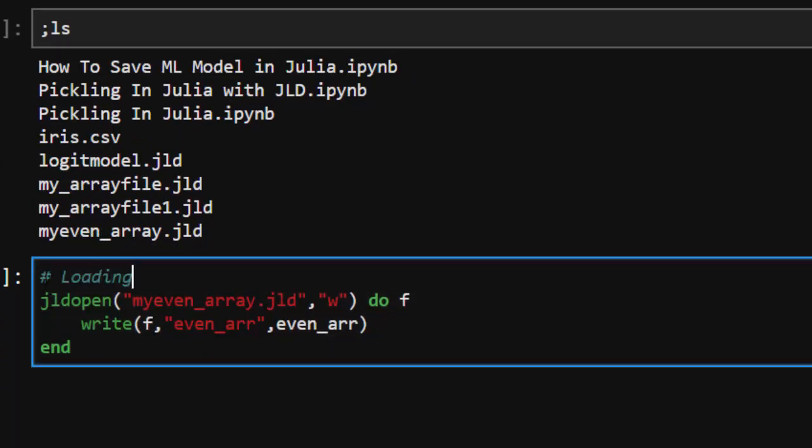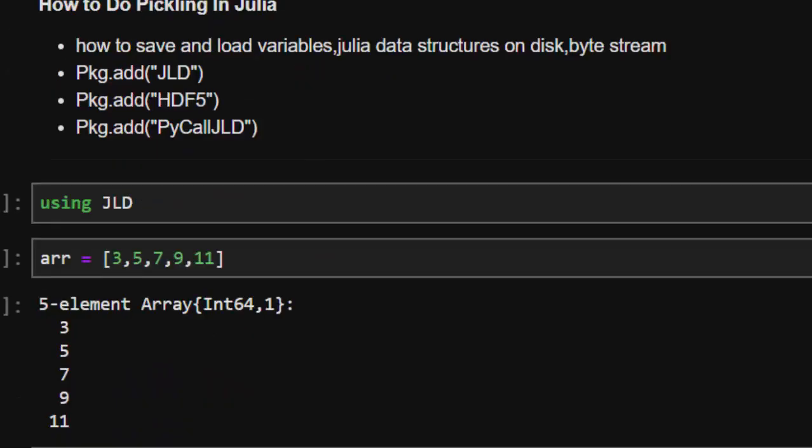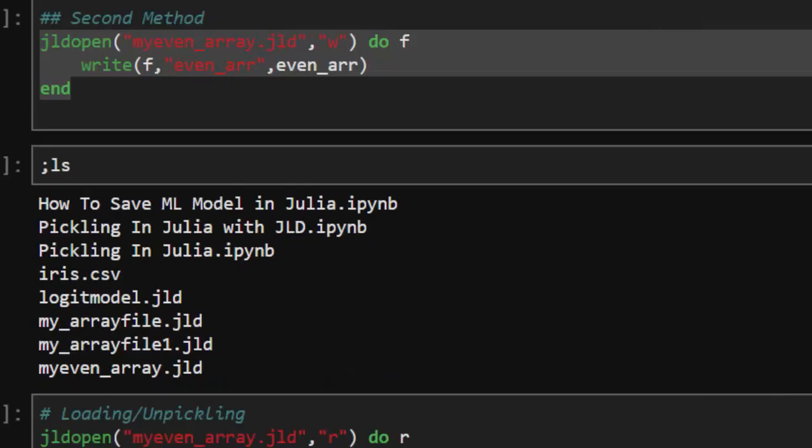Say loading or unpickling, unpickling. See my spelling. Okay, so it's going to be sort of opening the file and writing. You can just make it as read, and then we can put it as, let's say, r. So this is going to be read, not write, because you are rather reading the file. So like this format without this, right, and it's going to work perfectly for you. So it's better you make the names constant so that you remember what you are doing. So that has brought it perfectly for us, just like the previous one. So these are the two methods of saving variables and then loading them on disk or in byte stream using